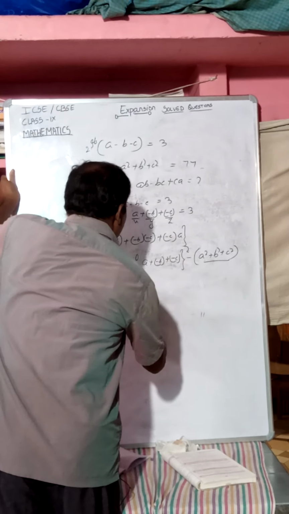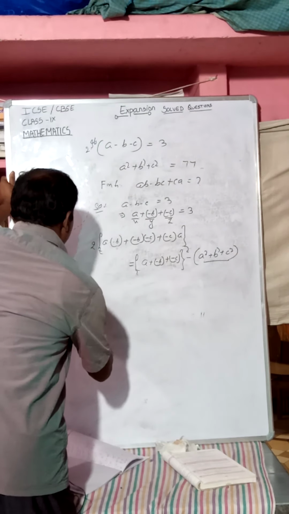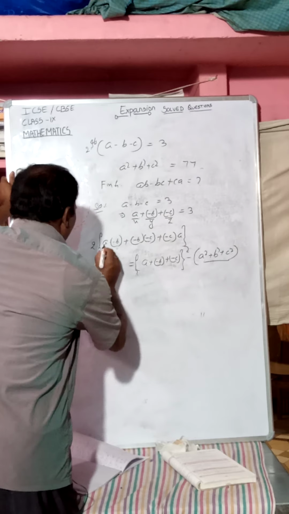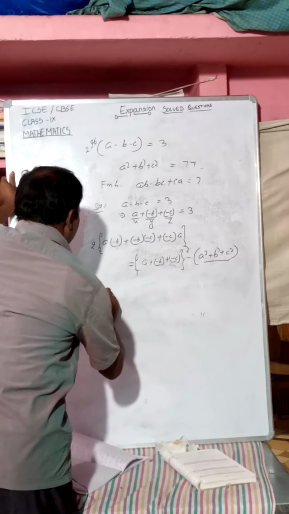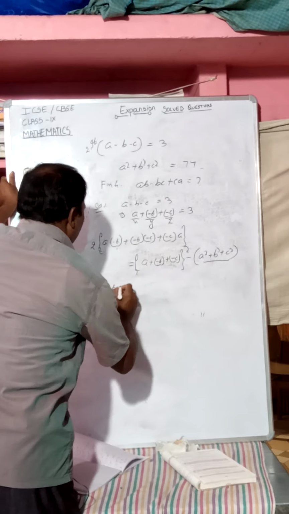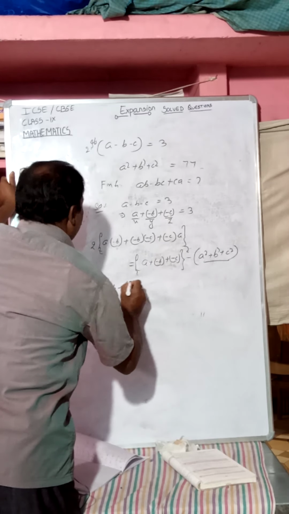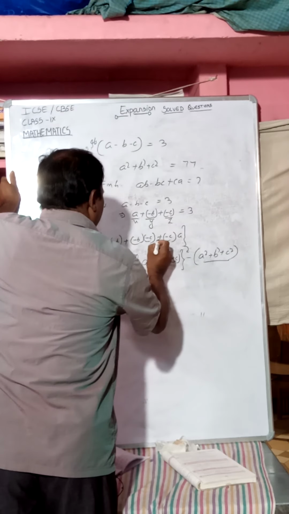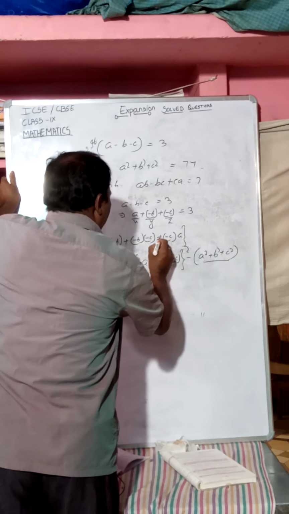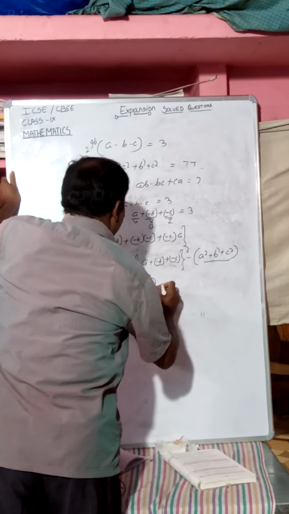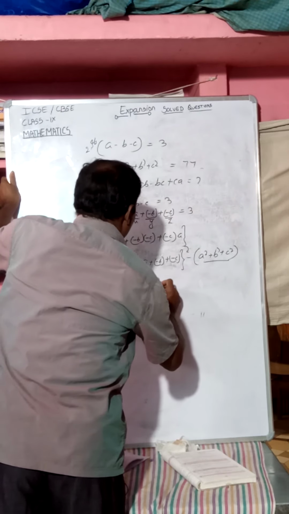That implies 2 into A into minus B, that is minus AB, plus BC, then plus into minus CA